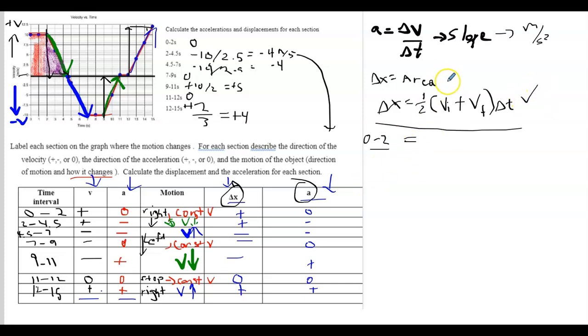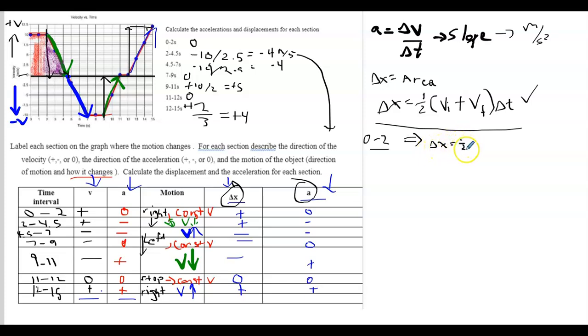The areas sometimes can be a little more complicated, like this is a rectangle, that's a triangle, another triangle, a rectangle. So these are all pretty simple. If you have a trapezoid shape, then that's harder, but you just have to add a triangle and a rectangle together. So for 0 to 2 seconds, it would be delta x equals